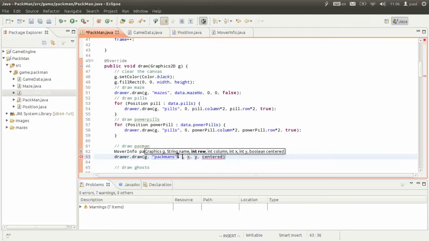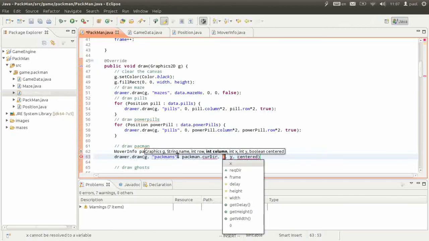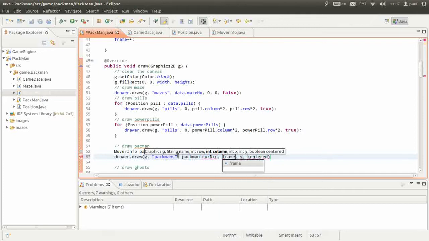The row is from the direction of the Pac-Man, so it will be good if we can get the direction from Pac-Man, and the column should be the frame, number of frame